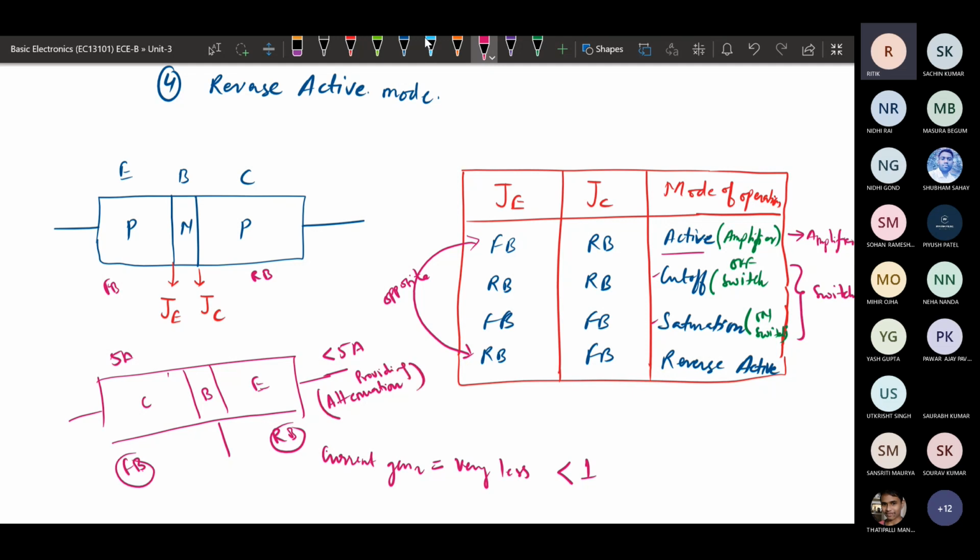In active mode, the current gain is considered to be 1 or greater than 1, so it can work as an amplifier. But here the gain is less than 1, so it provides attenuation and cannot be used for any applications. That's why reverse active mode is avoided in the case of BJT.